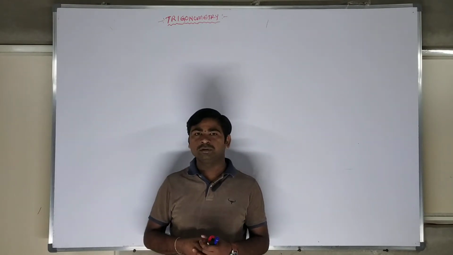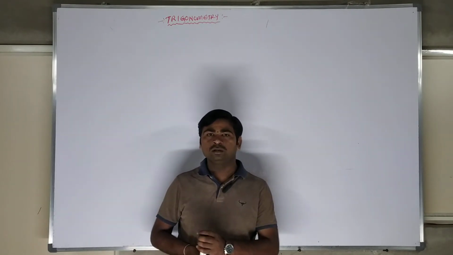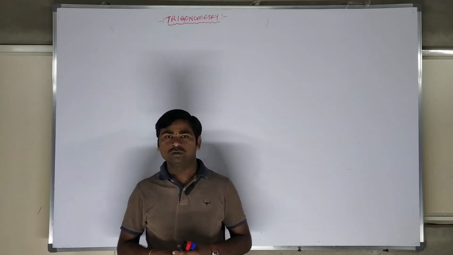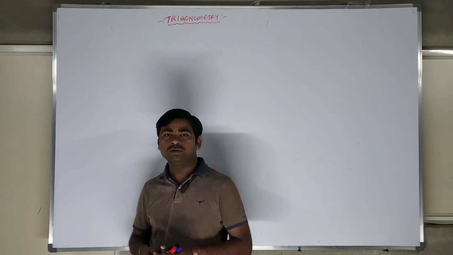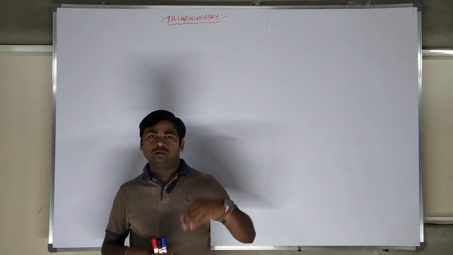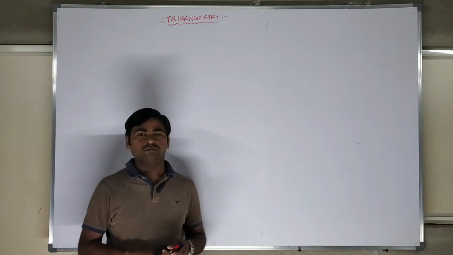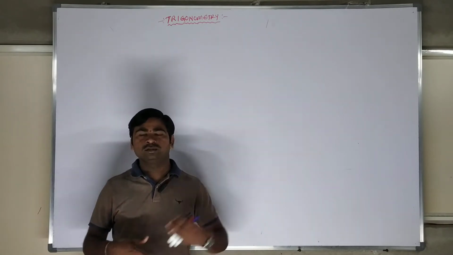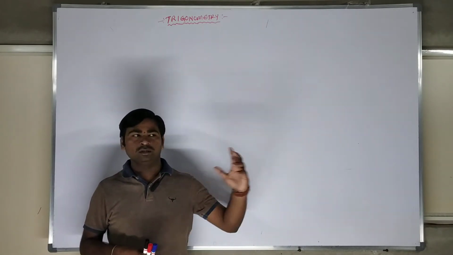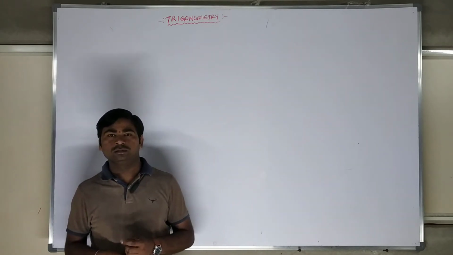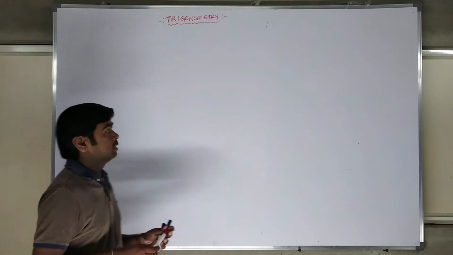In the last trigonometry classes we covered the fundamental calculations of sides and angles. In today's class we need to cover some basic model problems with respect to trigonometry: given the different sides mentioned, how to calculate the other sides, and given one trigonometric component, how to calculate the other. Let us see the problem so you can understand.